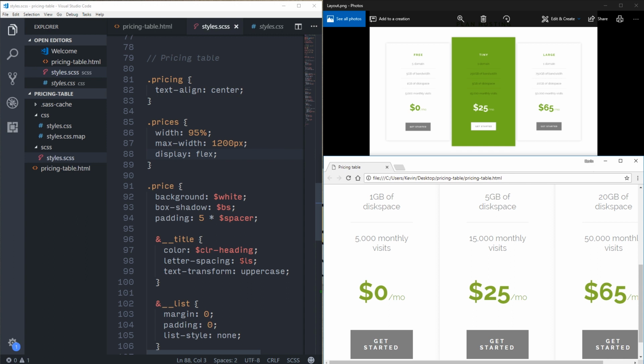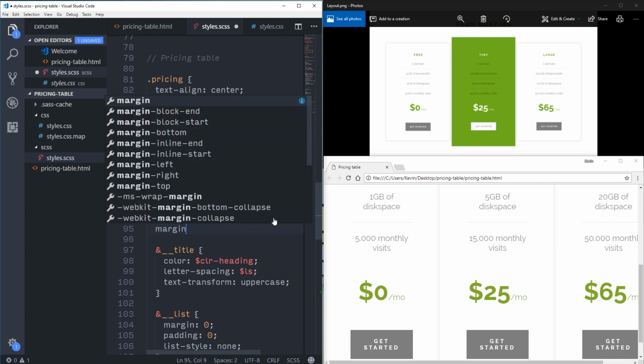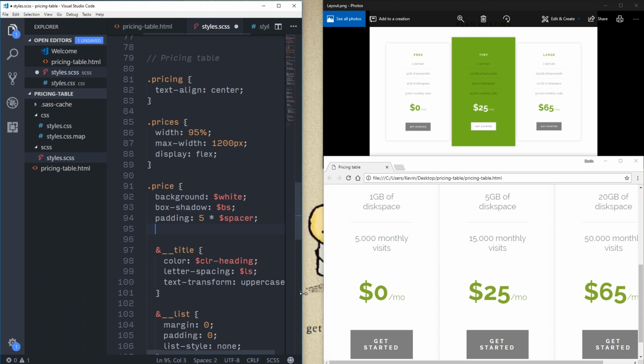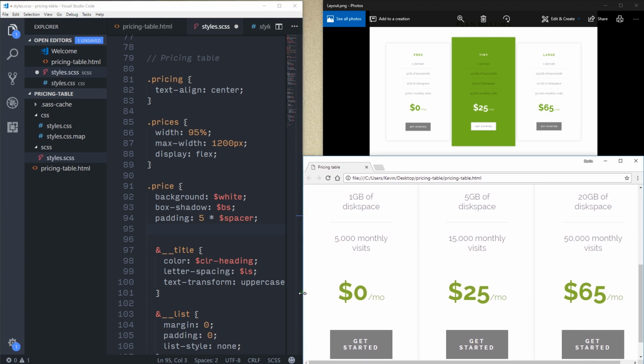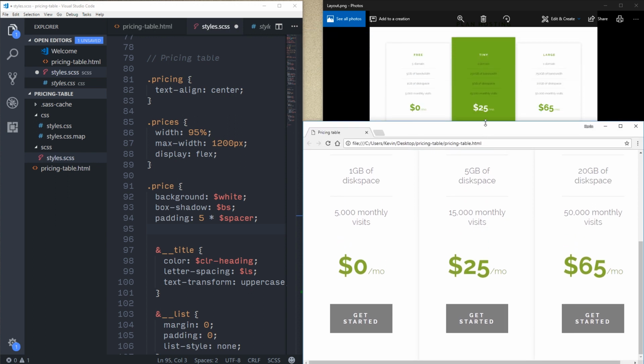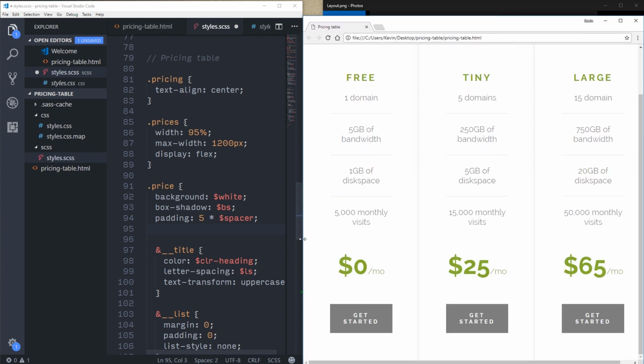So price, margin. Actually, I want only 2 of them to have a margin. So if I do margin left, it's going to give them all a margin left. Yeah. So this is a nice little trick that you can use. And I'm just going to make this bigger because I don't really need to look at this anymore. So this is a really nice trick that you can use